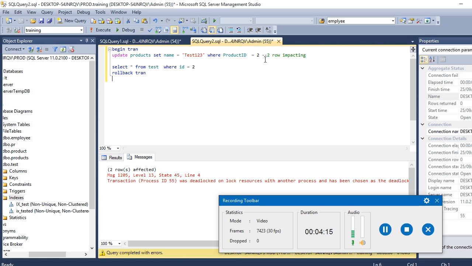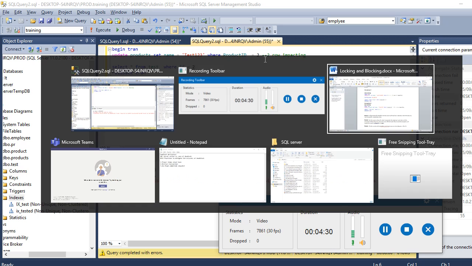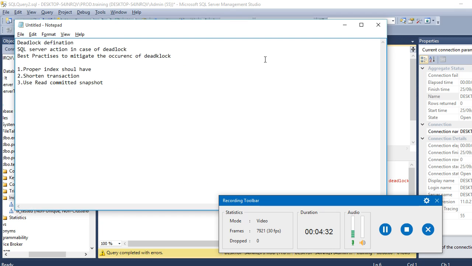Because it involves performance cost, SQL Server will choose the transaction which has less work done. So this is about the SQL Server action in case of deadlock.